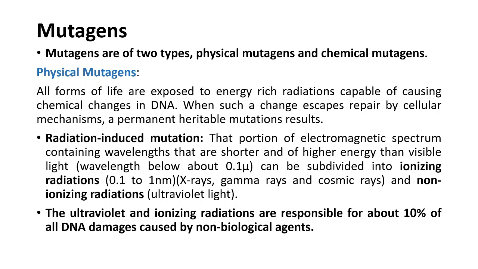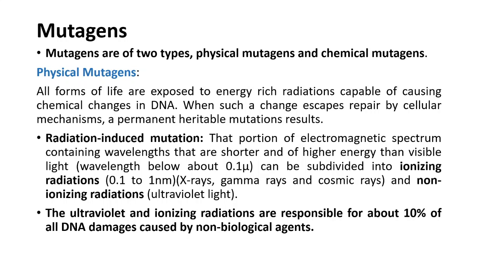What are mutagens? Mutagens are of two types, physical mutagens and chemical mutagens. All forms of life are exposed to energy-rich radiations capable of causing chemical changes in DNA. When such a change escapes repair by cellular mechanisms, a permanent heritable mutation results. The physical mutagen includes the radiation-induced